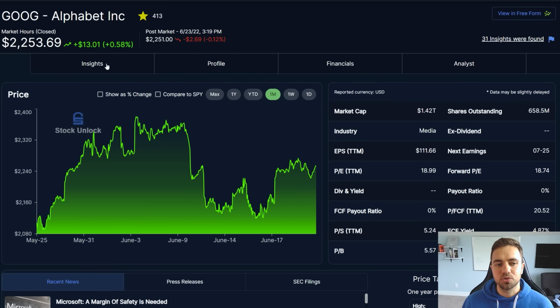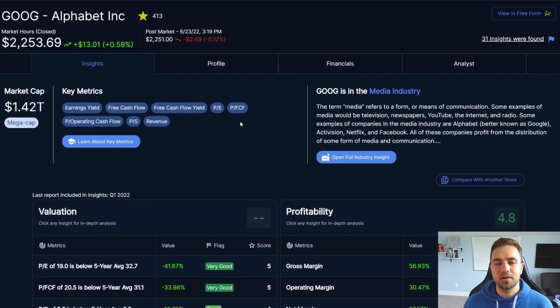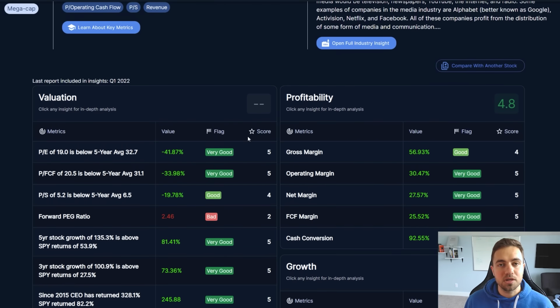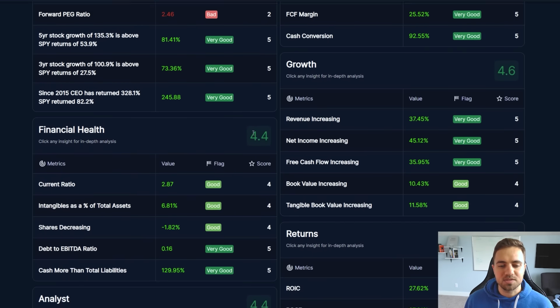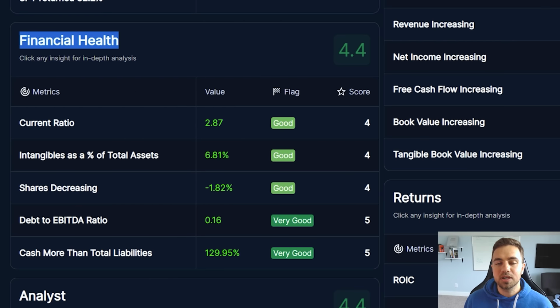But let's head back over to Google really quick, because I want to show you guys our Insights tab. Here on Stock Unlock, we grade all of the key things that investors look for in a company's fundamentals and report back to you really quickly how the company's fundamentals are doing. And we also grade the company's financial health, or its balance sheet. So right here, we're taking a look at our Stock Unlock Insights for Google's financial health. And we can see that we are grading the current ratio, the intangible assets as a percent of the total assets, if Google's shares are decreasing, the debt to EBITDA ratio,